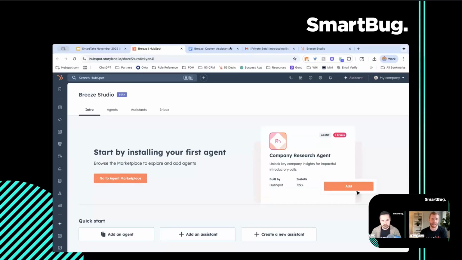And the assistant can be seen as that. It's your assistant. It used to be called Copilot, and it's your ChatGPT inside of HubSpot. This is powered by OpenAI, and we have a zero data retention policy with OpenAI, so you can trust that the information you ask it is going to stay in the tool. But what's important about this update is that in the past, these assistants worked off